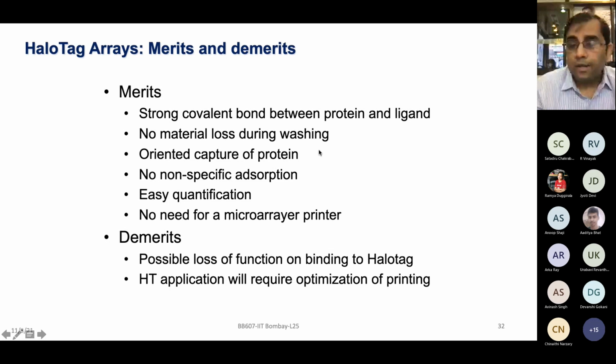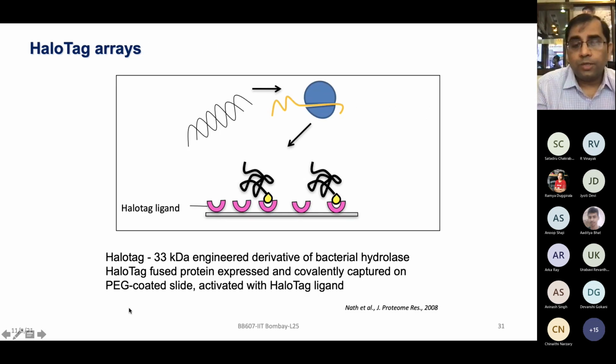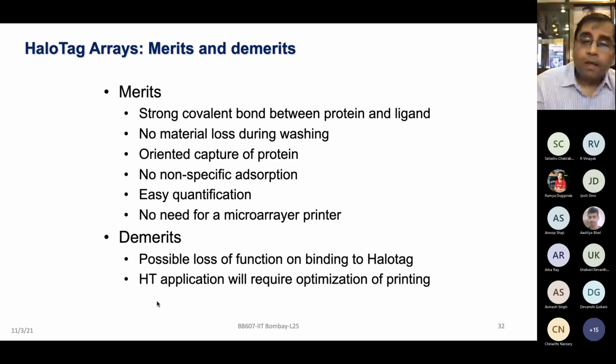No material loss was observed during the washing. Since the HaloTag and the chloroalkane will be in a given orientation, so capture of the protein is oriented. No non-specific adsorption. They have also used the PEG, polyethylene glycol, or other coating on the slide, so that anything non-specific will not bind to the slide. Easy to quantify the signal, and they had made very miniaturized template in which any small lab which is not having the printing and those kind of facilities, they can take the gasket and just simply do this simple pipetting